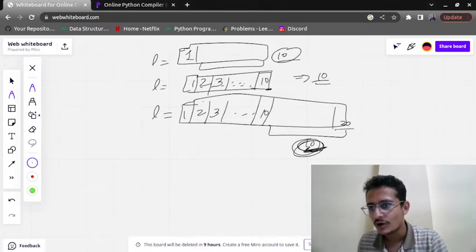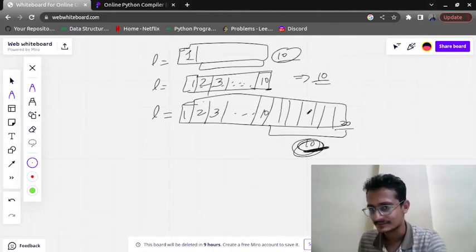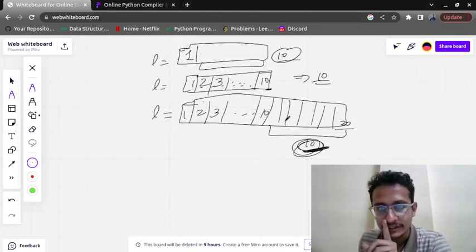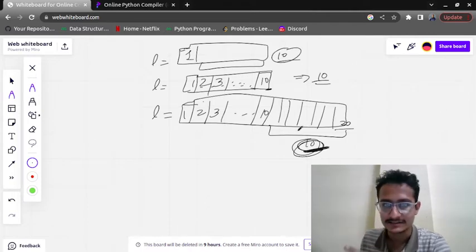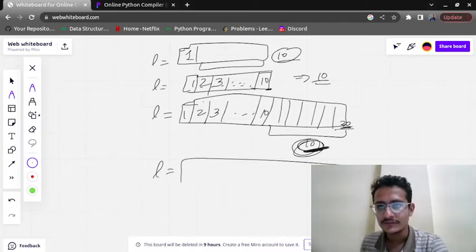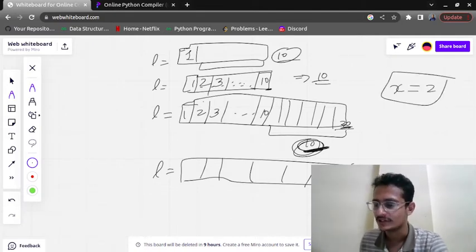So it will always have an empty list where it can store 10 addresses. Okay, focus on my words. It will have extra space where it can store 10 addresses. Suppose you filled this 20, what will it do? It will again append. So till 20 it is done. So every time the space is getting doubled. So now we will have space till 40.